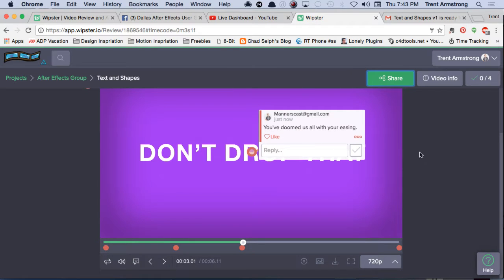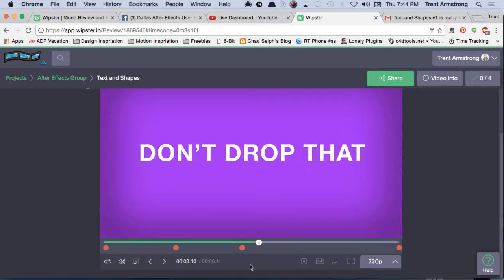So this is the client side, correct? This is the client side. Okay. So it's not only just client side. You can make notes for yourself. If you have a big internal team, then people are posting comments to this. We have a number of people in our office that can make comments and suggestions on video. So that can help. And if you don't want to see the comments here,